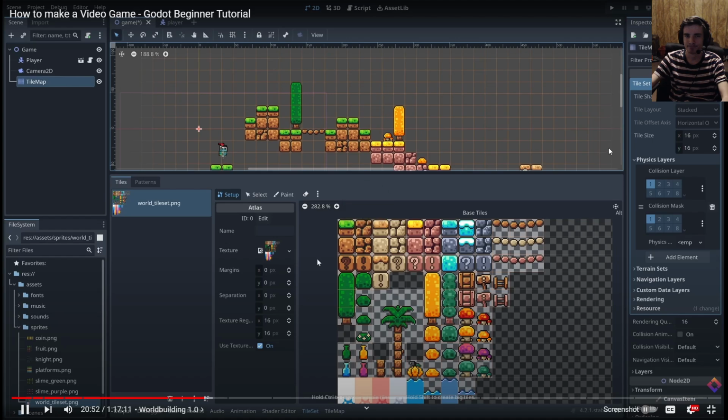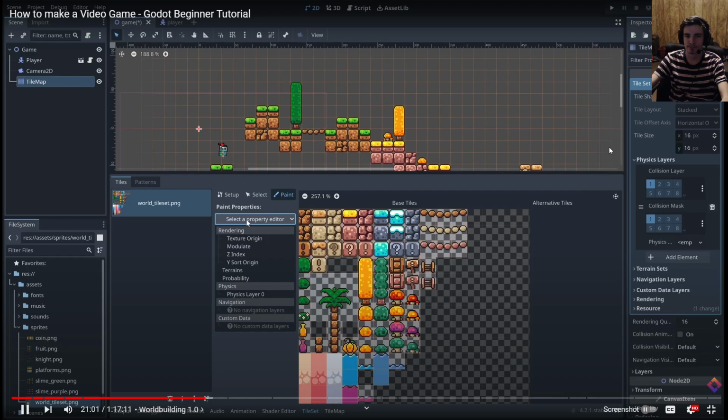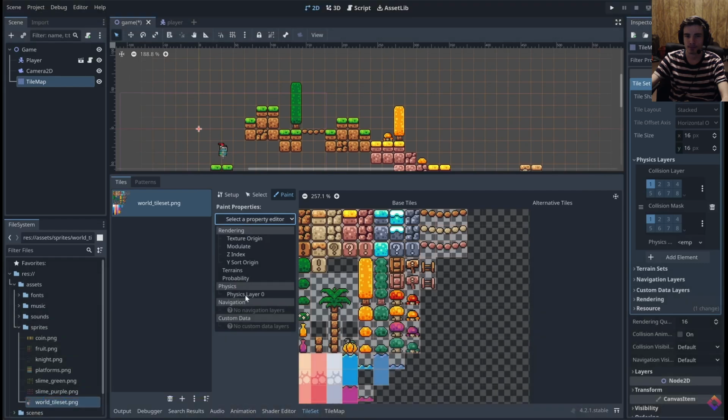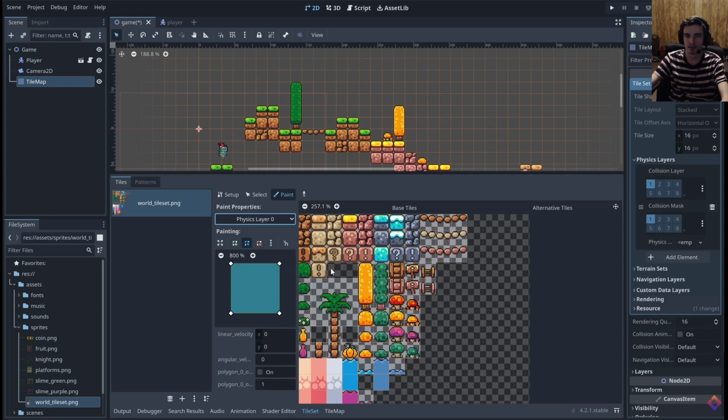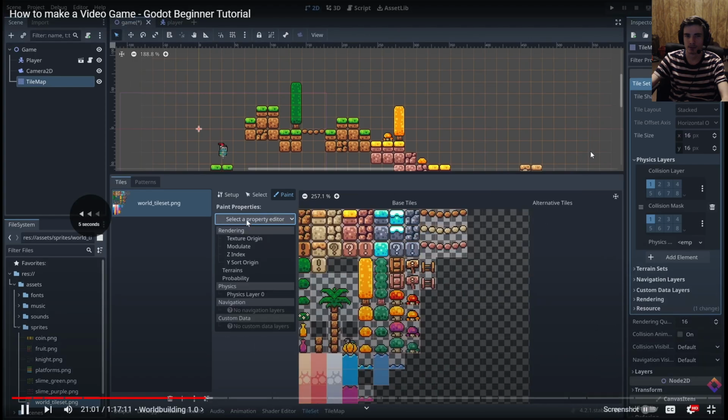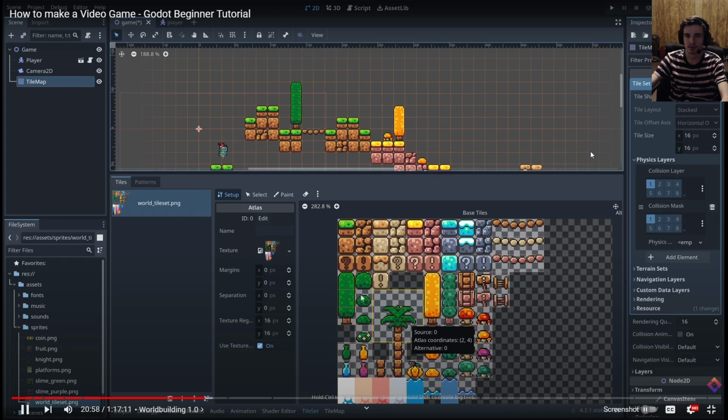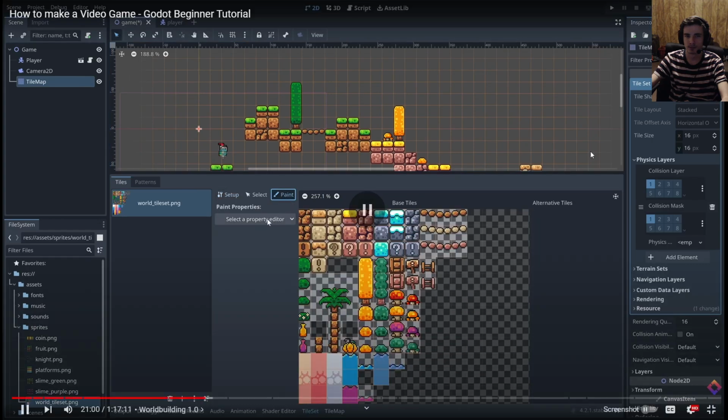Because we don't want to collide with everything in our tile map. The trees and bushes, we just want to pass right through. So let's go to paint here, and the property that we want to paint is the physics layer 0 we just created. And now we can actually, we want to pass right through. So let's go to paint here, and